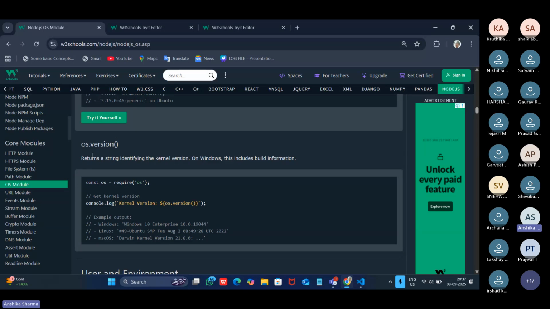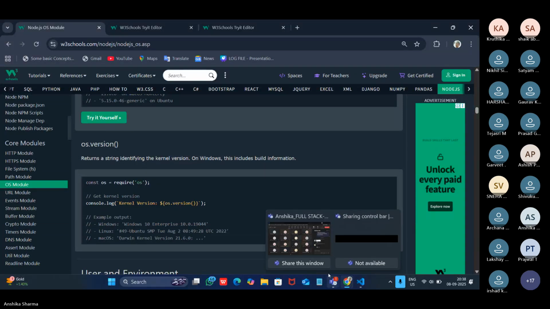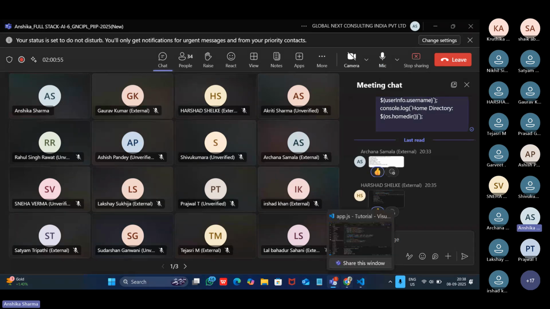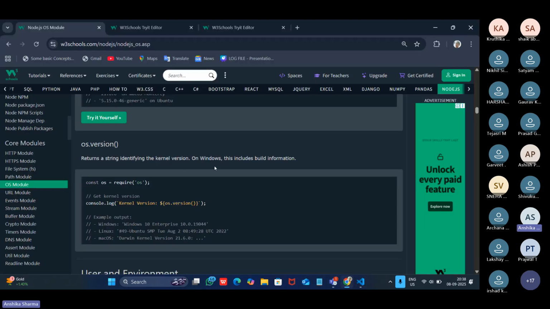It returns a string identifying the kernel version. On Windows, this includes the build information. We have all got this Windows version here.